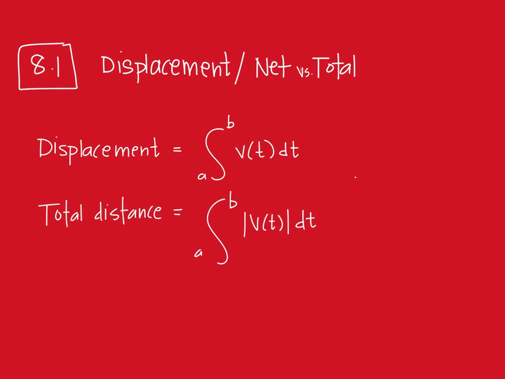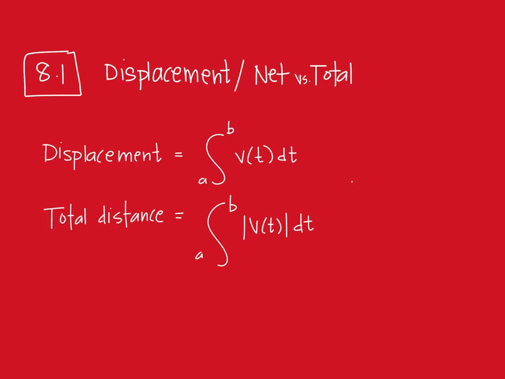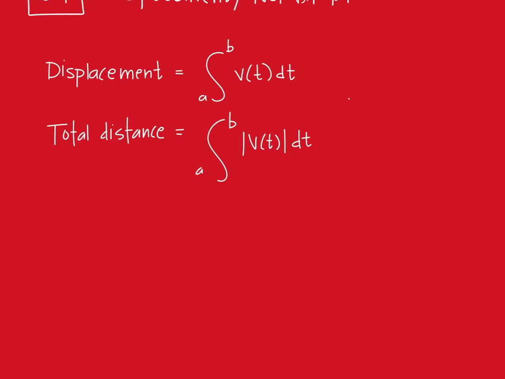As long as you keep that straight, that's really just going to get tested on a multiple choice question. They'll give you options, one with the absolute value and one without, and hopefully you get the right thing. So, two examples, one without a calculator, one with a calculator. All right, so compare net versus total